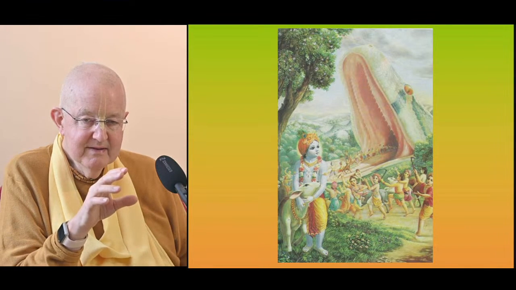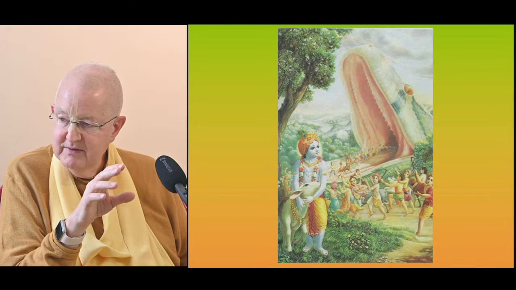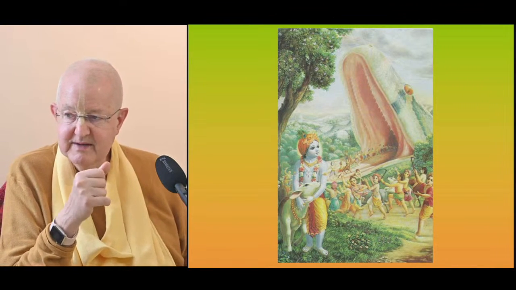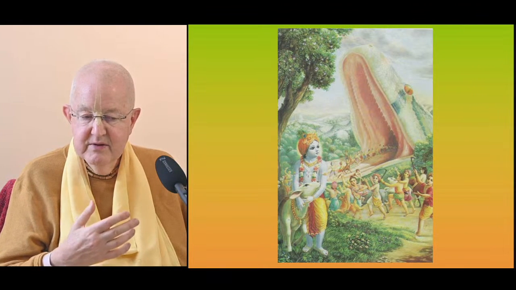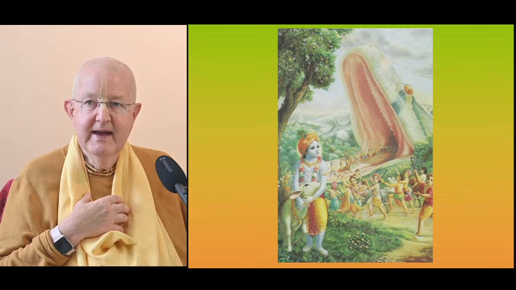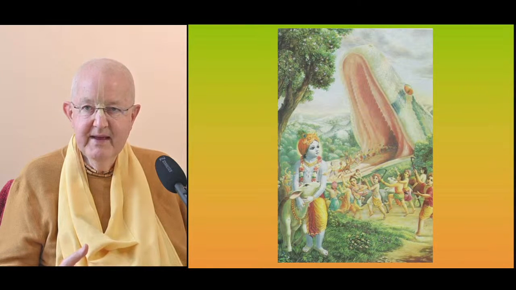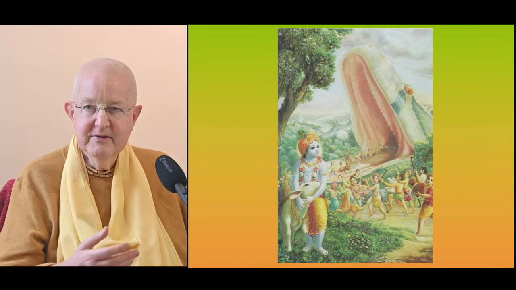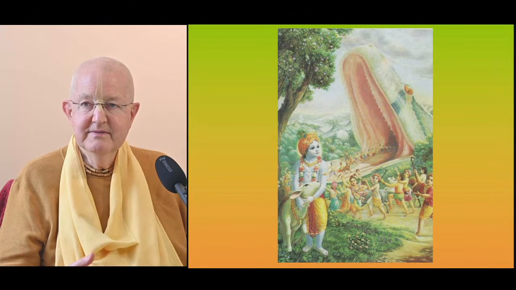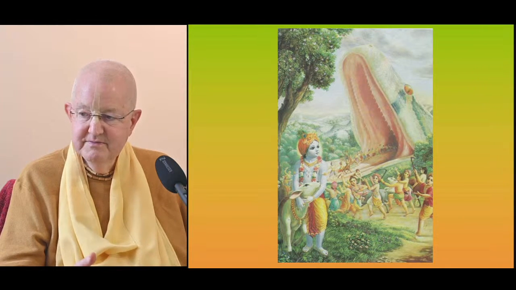But it's too late. And he becomes bewildered, which is bewildering, because how can God become bewildered? He can't become bewildered. He's omniscient. The explanation is it's his own Yogamaya. He is marveling at how his own Yogamaya potency is influencing even him. But the Yogamaya potency is to fulfill his pastimes and to bring him happiness. So he's enjoying this moment of uncertainty. And in the next moment, he knows what to do.